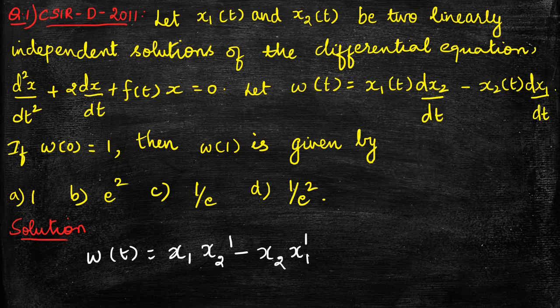And if you have seen my Wronskian video, then you will remember the equation which relates w of t with some other value like w of x. Because in this question, it is given that if w of 0 is equal to 1, then w of 1 is given by. So we'll have to find w of 1, whereas we have w of 0. So we have to use the relation where w of x at 1 is equal to w of x at 0